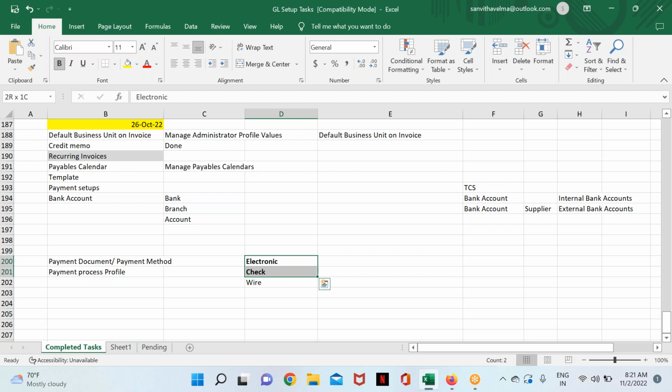How does a bank make the payment otherwise? In case of checks, you give a check to the supplier. That check may be issued by the bank, or you may print it in-house in your application. That is one thing. And for electronic,